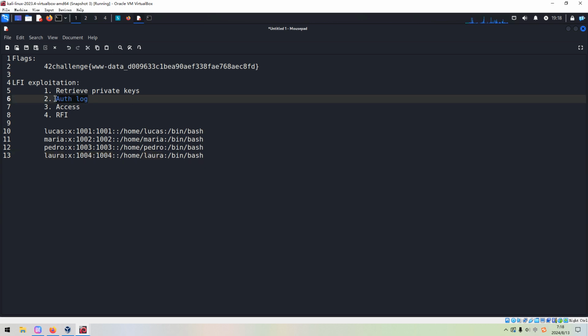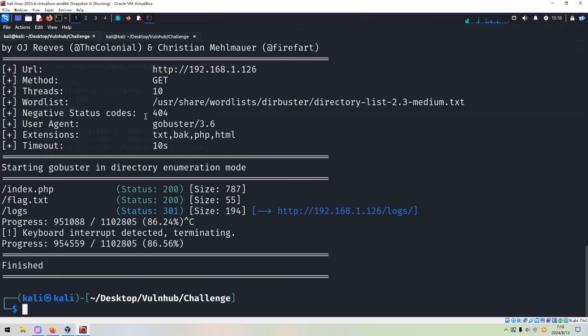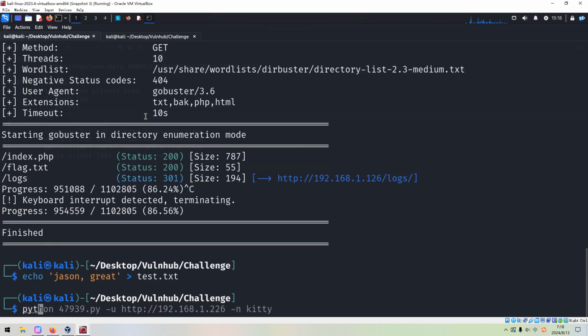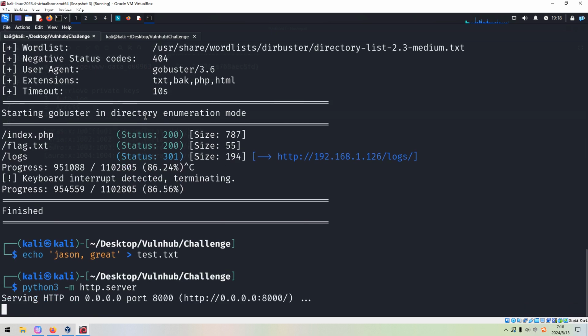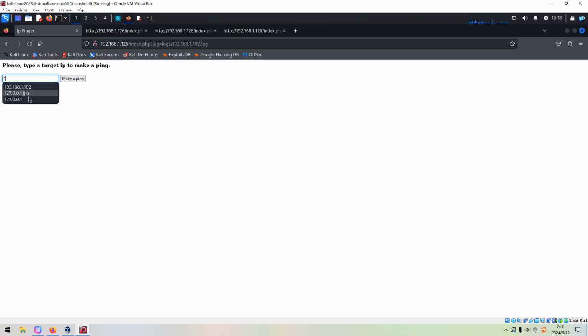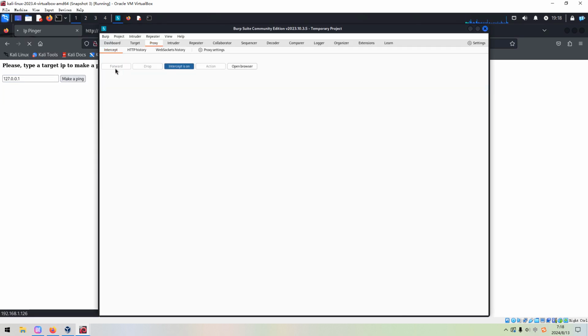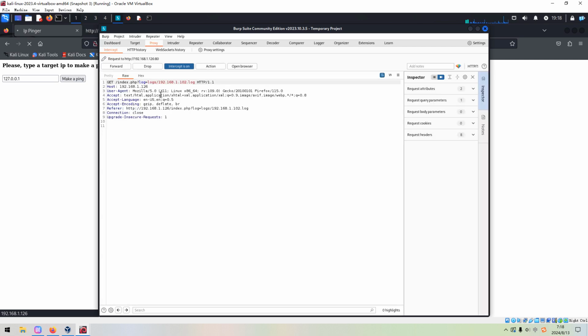Next step, maybe we can try this one. How to test? We can create a simple file like a JSON. Great, okay. And then we can set up the web server on the Kali Linux. Now we go back to the browser and we can trigger another request and forward, and remove.